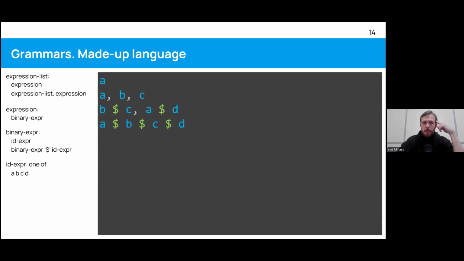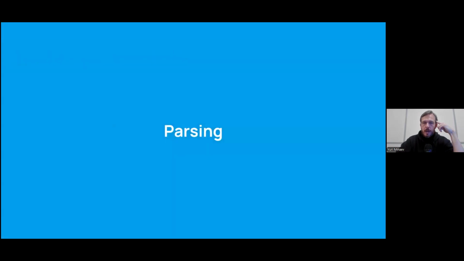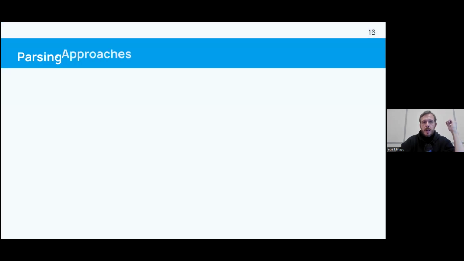And let's see how parsing would occur on that. When it comes to parsing, there are two big categories of parsers which we can apply, and the category they fall into depends on how they traverse those grammar productions. We have descending parsers.